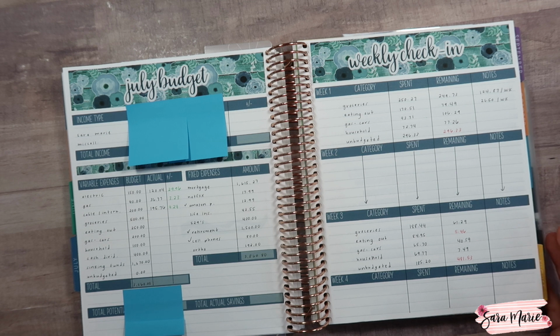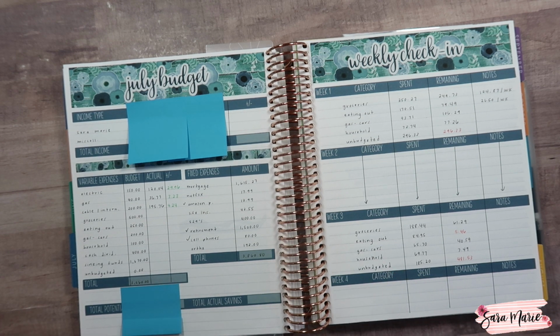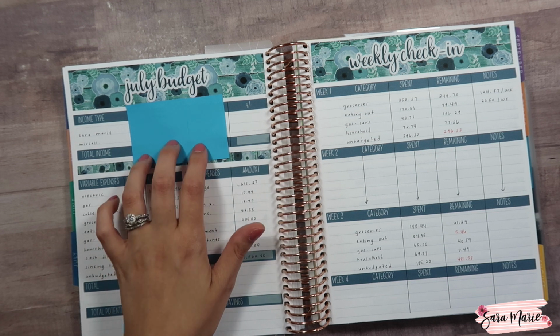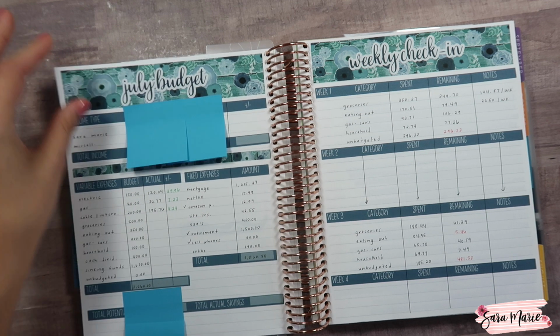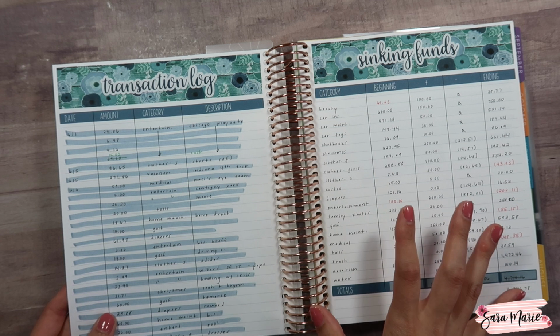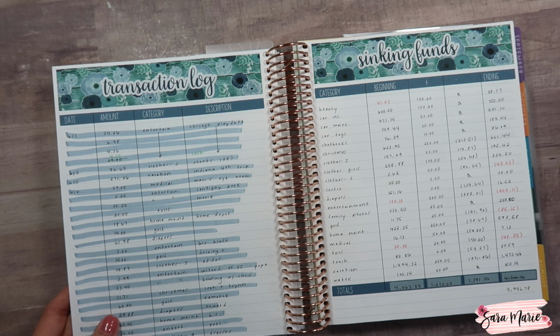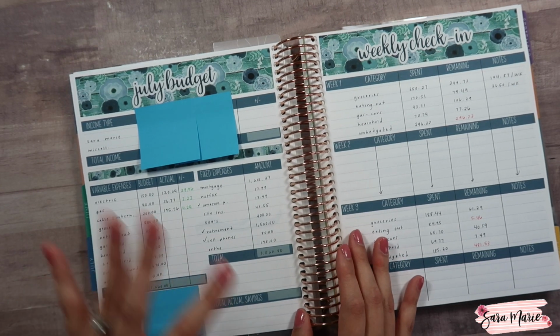So today, as I was cutting and doing orders and stuff like that, I really went through and just got everything ready. So you're gonna see lots of stuff is already done when it comes to finishing up the month for July. But the last little bit of actually taking a look at our variable expenses and what we actually spent for the month is what we're going to do, and we'll talk about that as we go. I did write in some of our numbers, and those are items that I don't necessarily share, so I put little sticky notes over those. I also went through and finalized all of our transactions and all of our sinking funds, so that's all done. Once in a while I'll do that on camera and show you guys, but I did that last month and I don't want this video to be extremely long, so we're just gonna focus on figuring out our variable